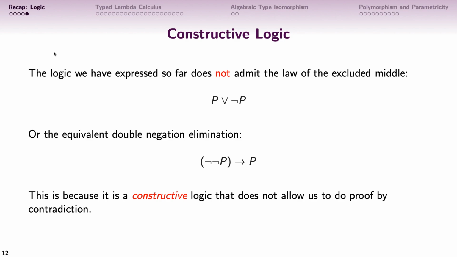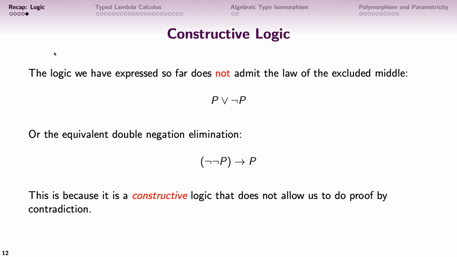So why do we care about this? Well, constructive logics, which is the logic that I've specified here today, do not allow us to do a proof by contradiction. So for example, if you think about a proof by contradiction, such as you have seen in mathematics or in other computer science courses,